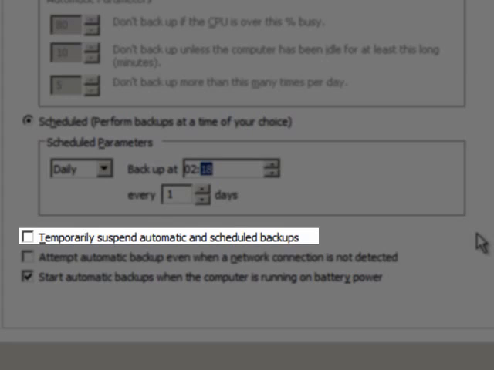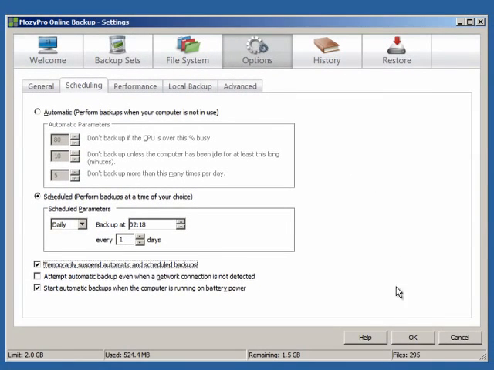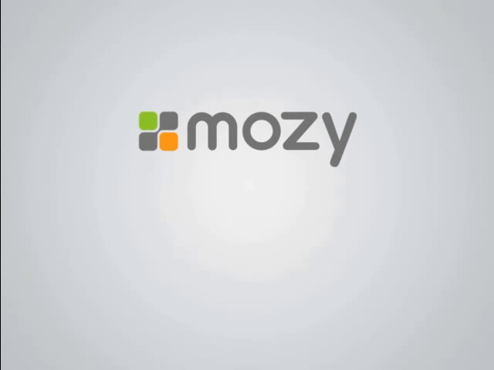You can also suspend backups by selecting Temporarily Suspend Automatic and Scheduled Backups. One reason you might want to suspend your backups is if you are backing up an external hard drive which needs to be disconnected for a while. It is important to remember that if you select to temporarily suspend your backups, they will not start again until you deselect this option. Thank you for joining us for this tutorial, which covered how to use the MozyPro client